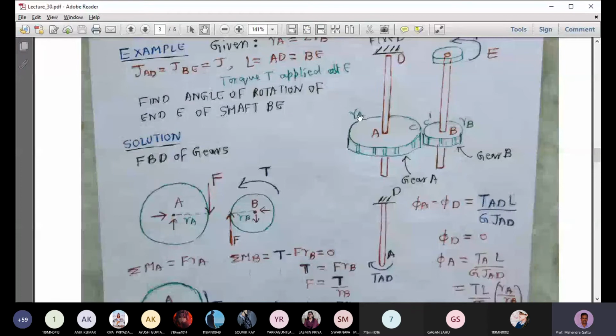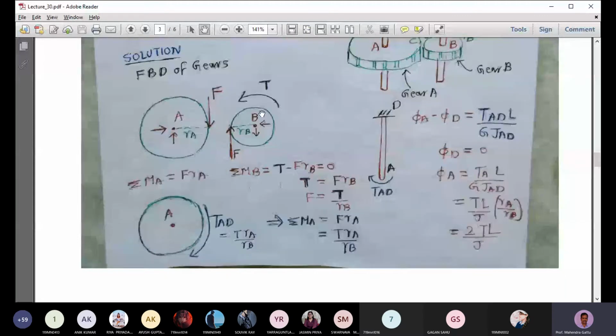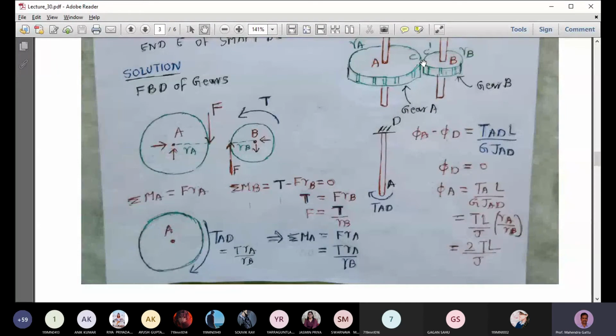So first thing we'll do is we'll look at these two gears and draw the free body diagram for gear B and for gear A. We are looking at gear A and gear B from the top. So what is happening is, on gear B, there is a torque being applied. There is some rotation being applied. So there is some interaction happening between gear A and gear B. That interaction point, let's call them C and C prime. Those two points are in contact. So C is lying on gear A and C prime is lying on gear B.